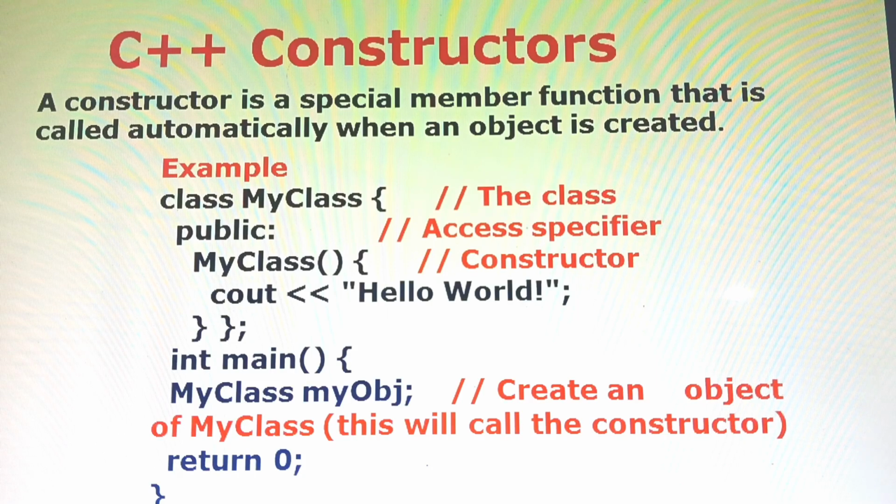But when we create an object on the spot, this will call the constructor in the main program. Then the constructor statements will come automatically, and we can access them in the main program; no extra statement with the dot operator is required. That is the main advantage of the constructor.